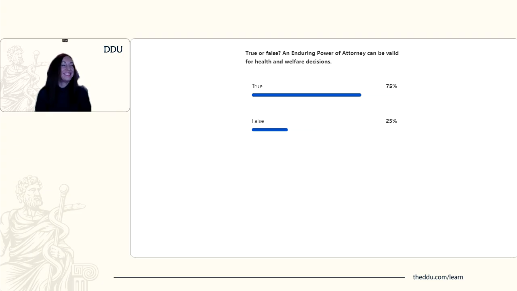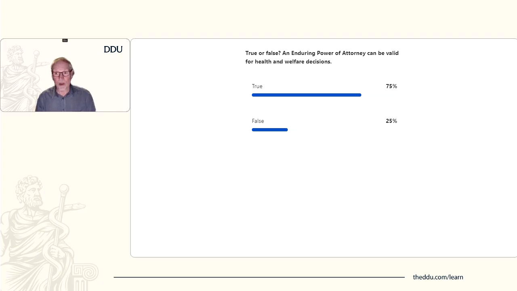Leo, this was a nasty question. It's a bit of a trick question because I've put in the enduring power of attorney, which are actually the old ones. It's lasting powers of attorney, which came into place with the Mental Capacity Act. And the reason I put this in is it's really important that you check that a power of attorney is appropriate if you are presented with one. It's not so common now because the enduring powers of attorney have been out of action for a bit of time, but there might still be some which are valid for